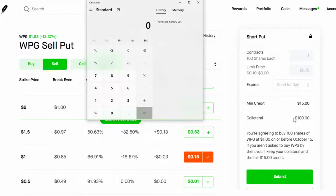So let's take a look at the profit potential, the ROI. It's going to be our collateral of $100 minus $15, $85 of collateral. Don't need that much money to sell a put on this stock, and that is going to be the safest way as well as the most profitable way to play this stock, especially with options, because implied volatility is very high, which means the premiums are very inflated as well. So we want to do $15 divided by $85,